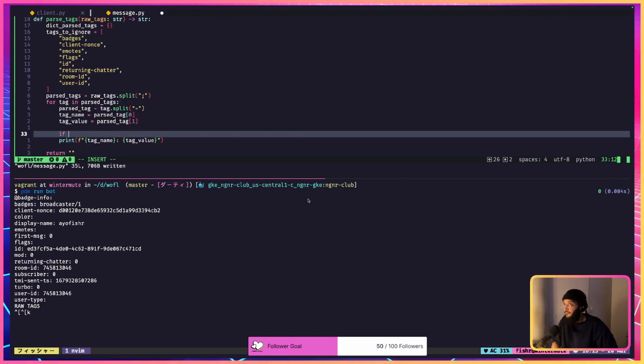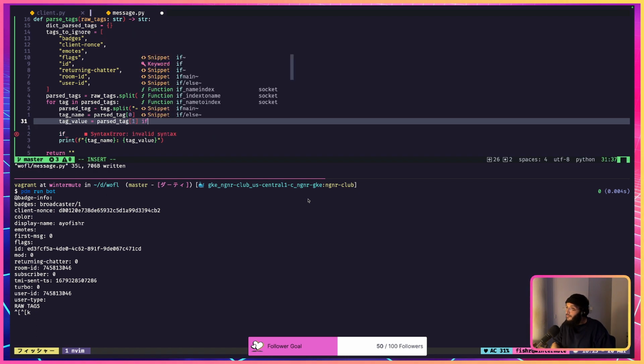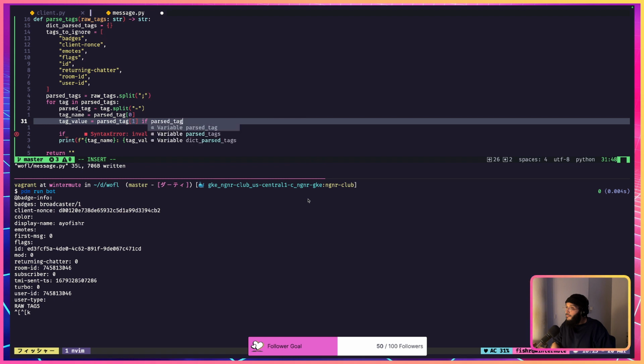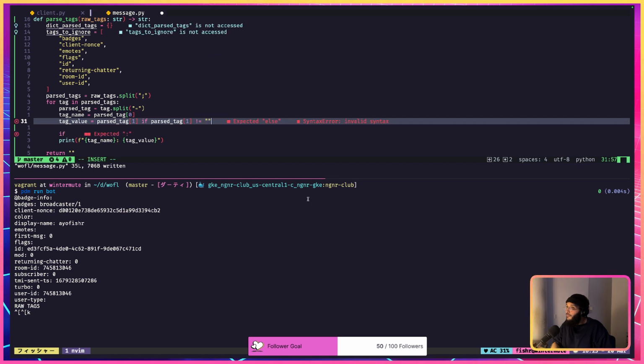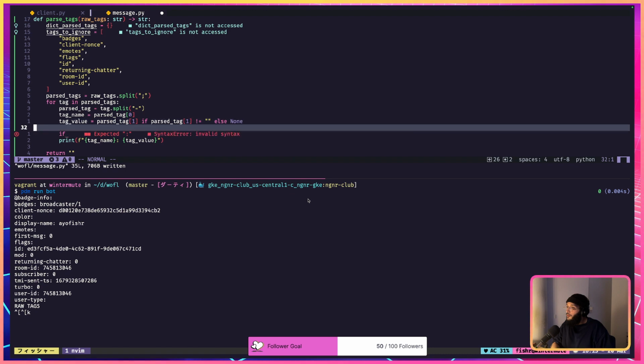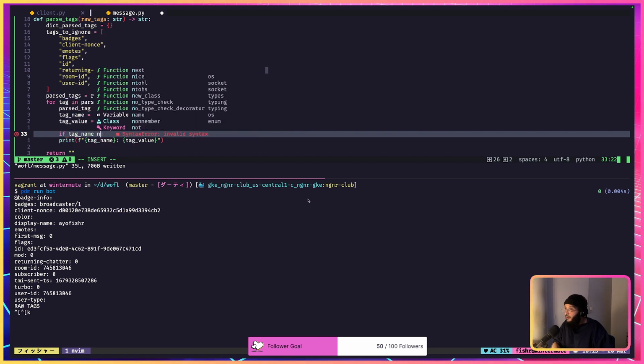So we want the value to be none if it's an empty string. So now if the tag name not in tags to ignore,